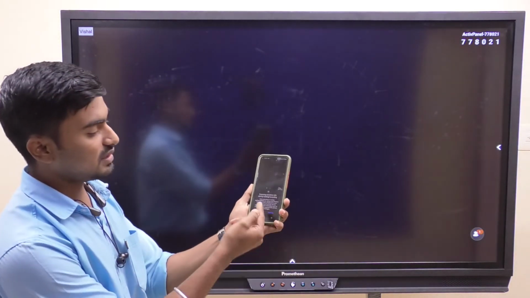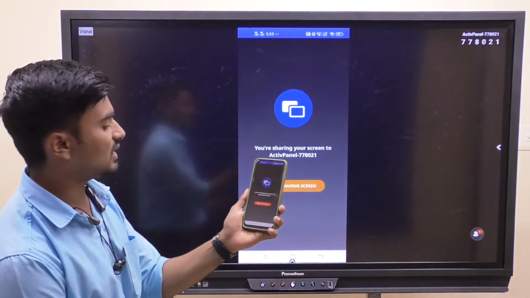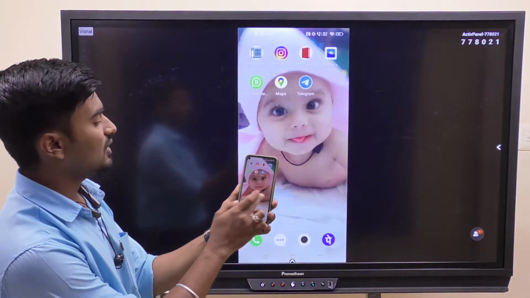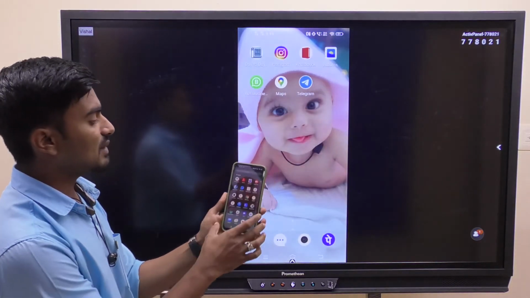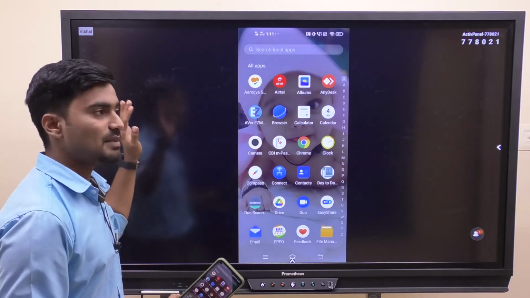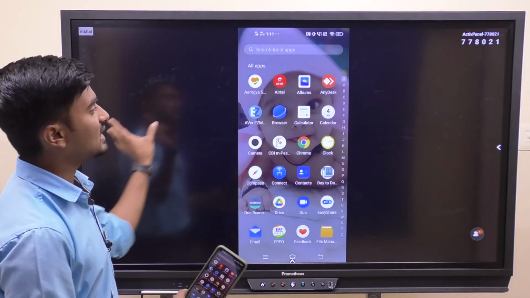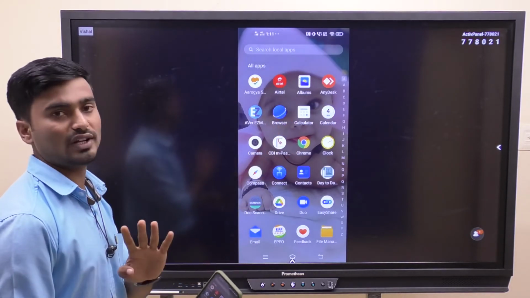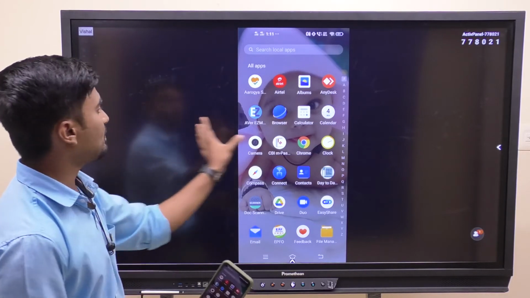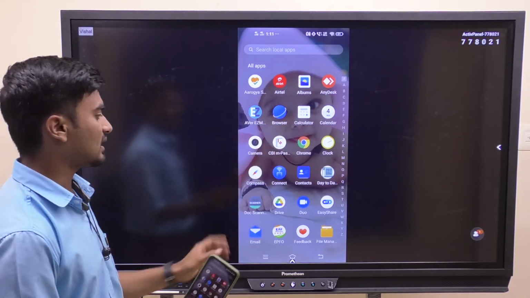When we give permission, at that time we can start a mirror. Now our display can be seen in the mirror. In the same way, 30 people can be connected at a time, but the display can happen for only 4 people. I mean, 4 people's display can be seen at a time.